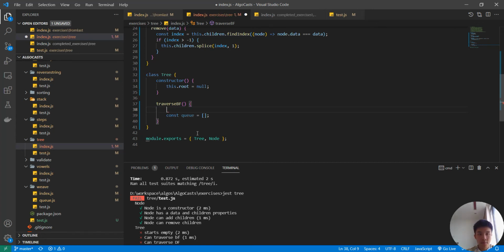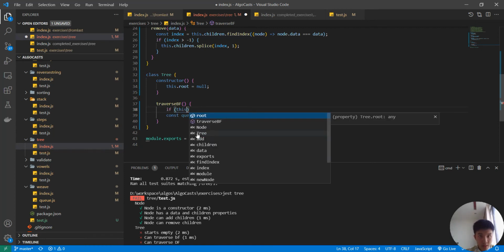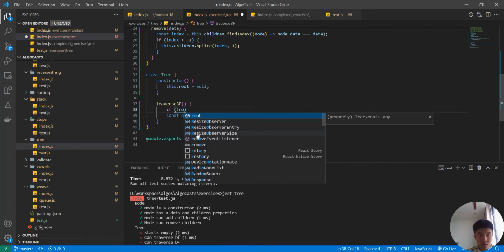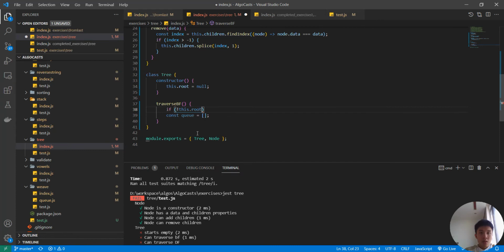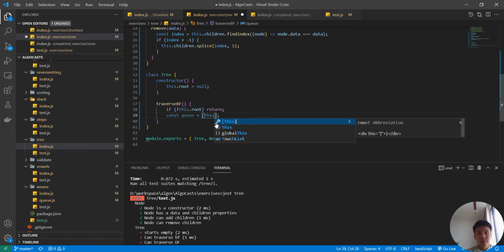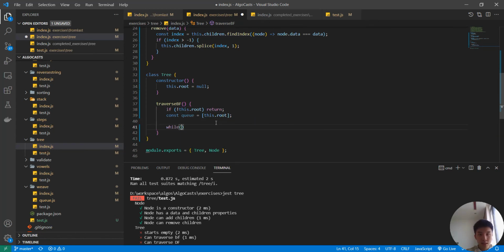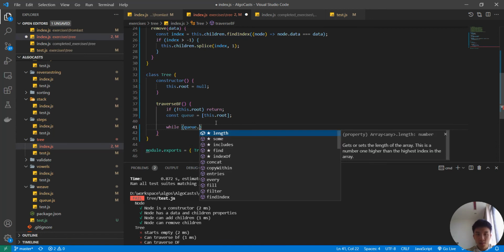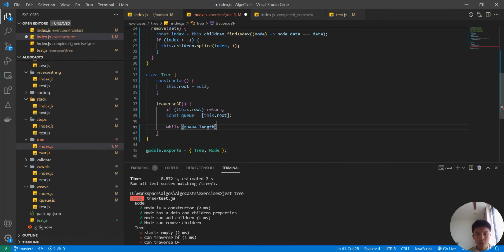So if this root is null, we want to simply return. We initialize a queue, push root to the queue, and as long as the queue is not empty, which is the length is greater than 0, we